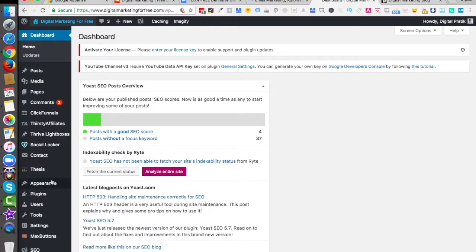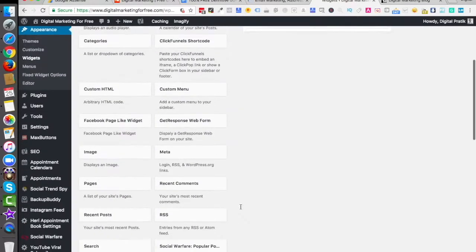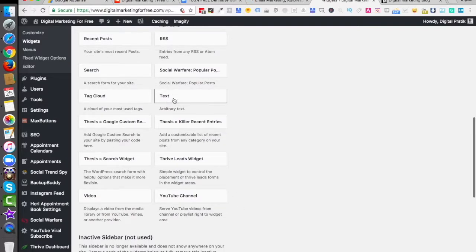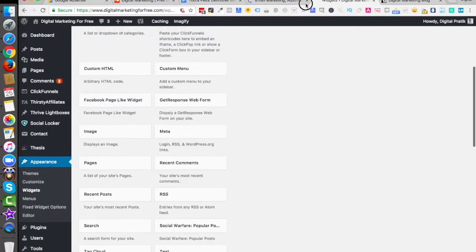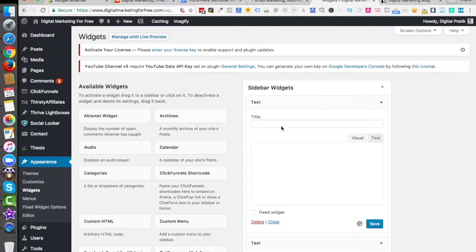For that, you simply go to Appearance, Widgets, and inside the widgets, you will drag and drop one default widget, which is known as Text. This will be available for 99% of the themes available on WordPress because it's a default. Drag and drop it across the sidebar widgets right on the top or wherever you wish to have it. I'll keep it on the top and I'll paste that code which I just copied